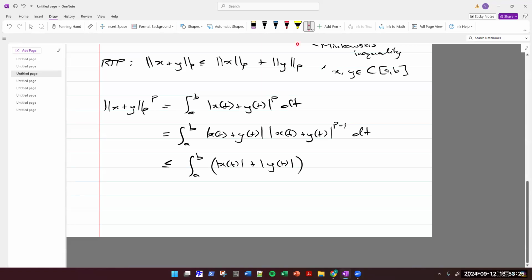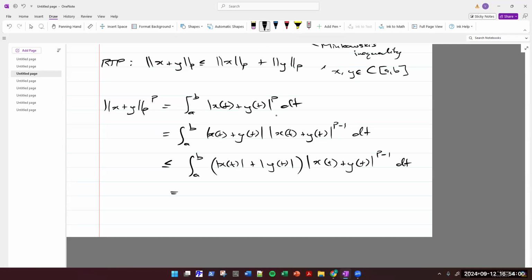So what I did there was I just broke up this term into the sum of these two terms. That's the triangle inequality. And of course, I need to multiply by this guy. So multiply that by this term: |x(t) + y(t)| raised to the power of p minus 1, dt. Yeah, so from here, I could break up now this integral